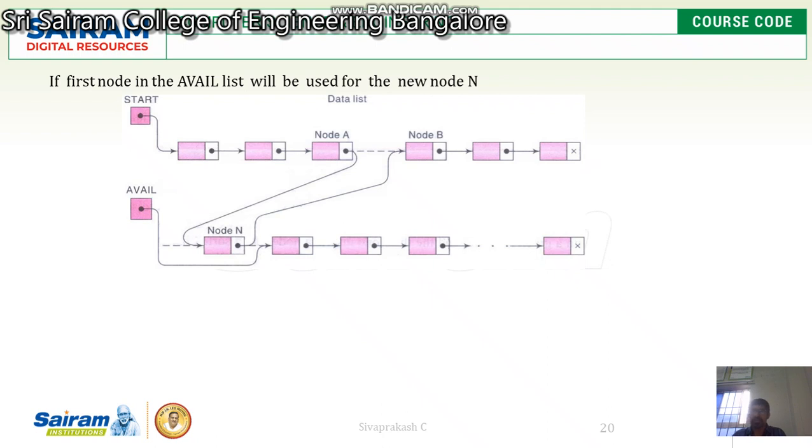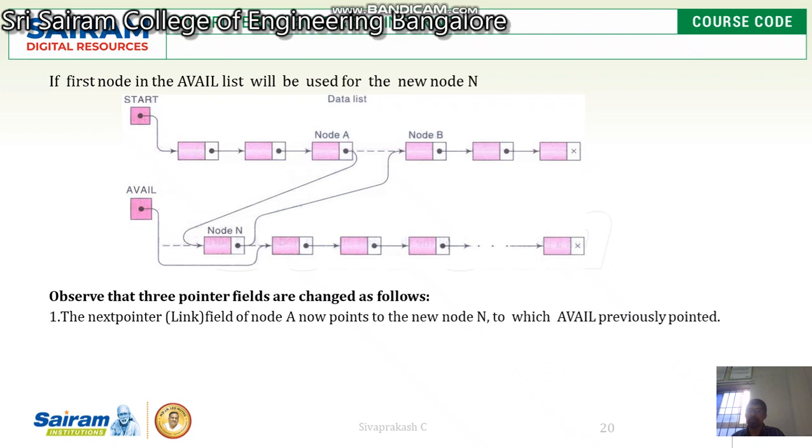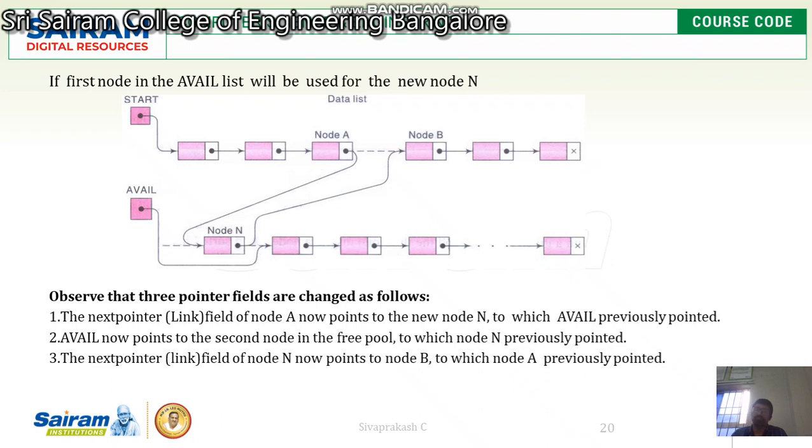Normally to insert a node, before insertion takes place, we have to create the node. So how do we have to create it? We have to take it from the list called avail. Avail is a pointer which is pointing towards the node which is available, and which will be a pointer to the first node which is available. Now what happens? Look at the diagram, which is a little different from the previous one.